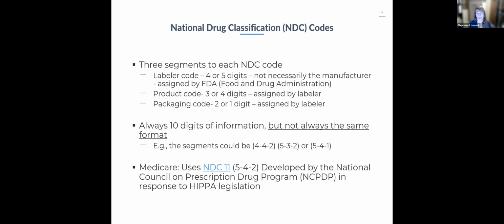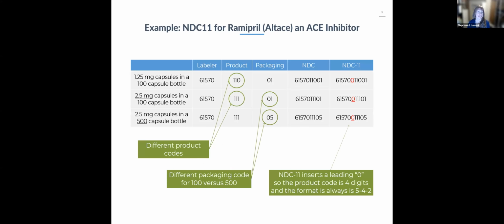This was developed by the NCPDP in response to HIPAA legislation, but it's not necessarily the same code that everyone else uses. So if you're looking at a drug database, you will usually find maybe an NDC 10 and an NDC 11, or an NDC 9, I think there are even. Just note that NDC 11 is the standard that Medicare uses. So if you need to take a code and search for it in a different place, you know where to put the dashes, because you put 1 dash after 5 digits, the next dash after the next 4 digits. And the placement of the digits is important.